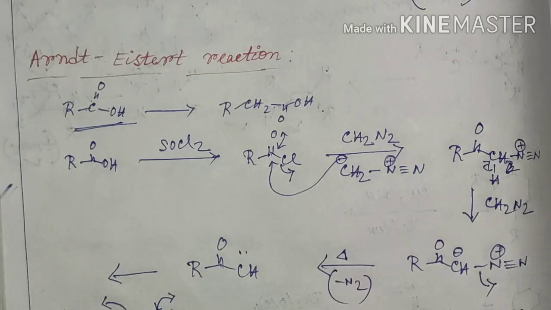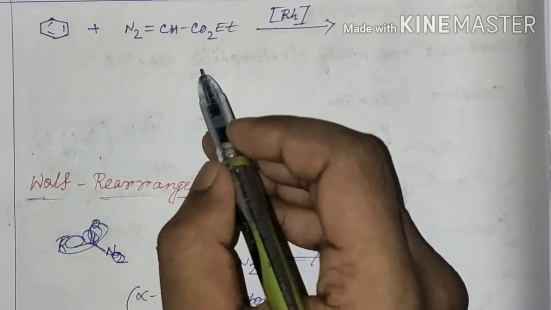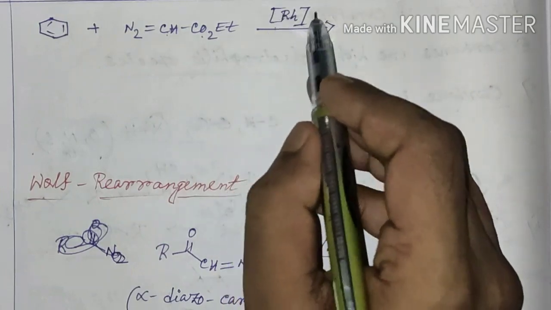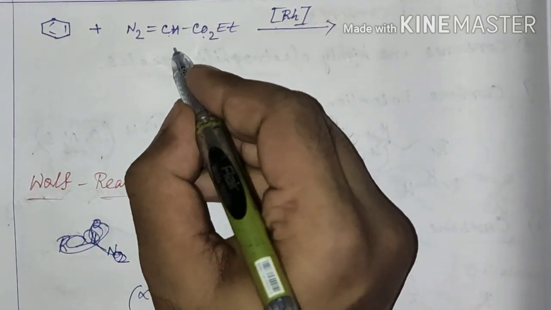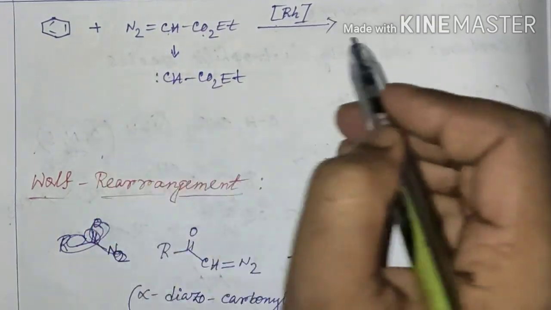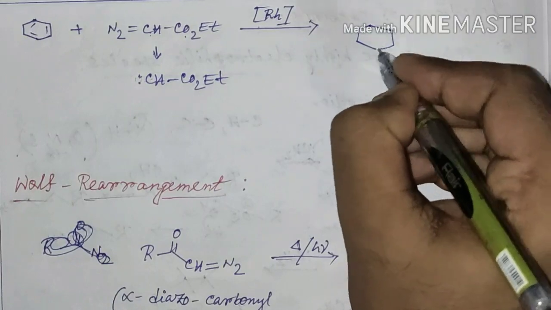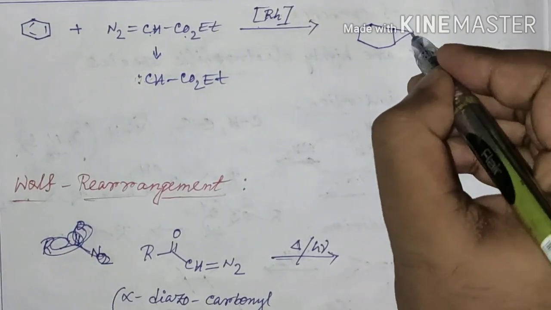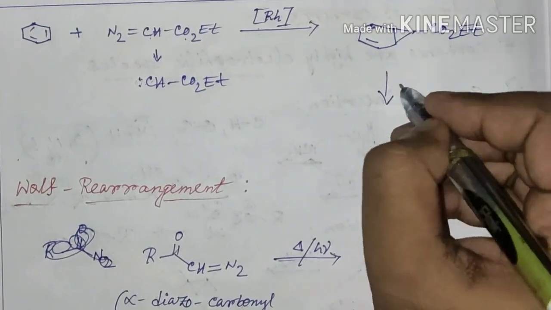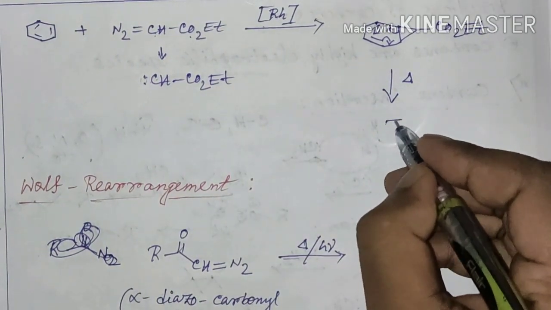Now before solving the questions, just see a few more examples. I have discussed in my previous video that if such a diazocarbonyl species is treated with a rhodium catalyst, then it will generate its corresponding carbene from this diazocarbonyl species by the elimination of N2, and this carbene can undergo addition reaction with one double bond of benzene, and the resultant species, that is, there will be formation of a cyclopropane ring, and in the next step it will undergo electrocyclic ring opening under thermal condition to give a 7-member species.